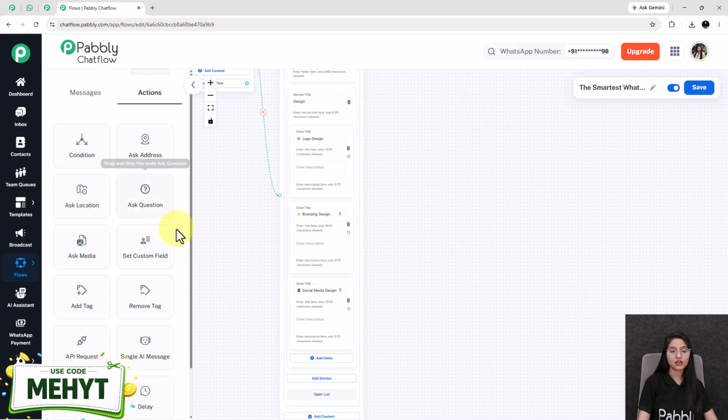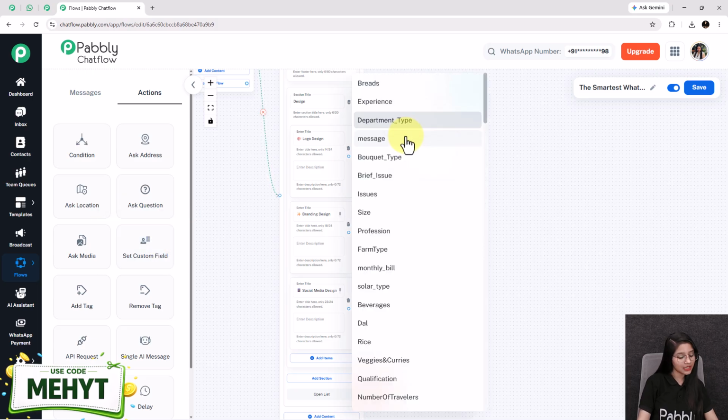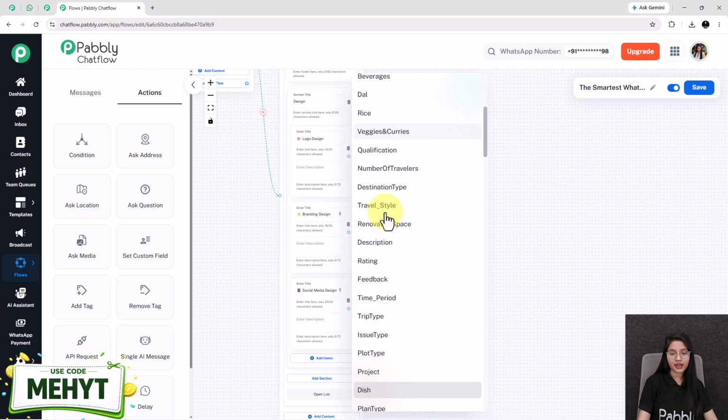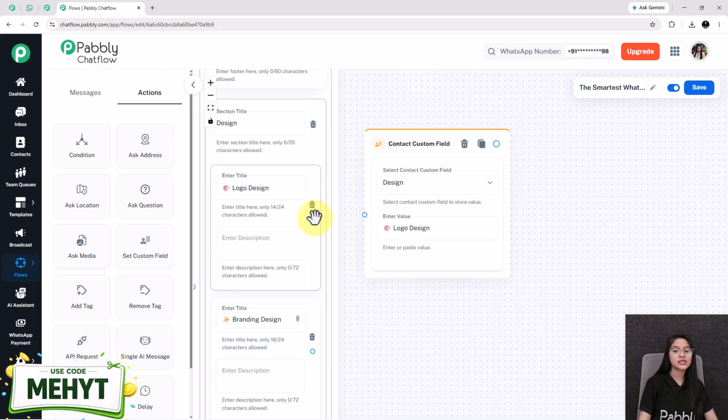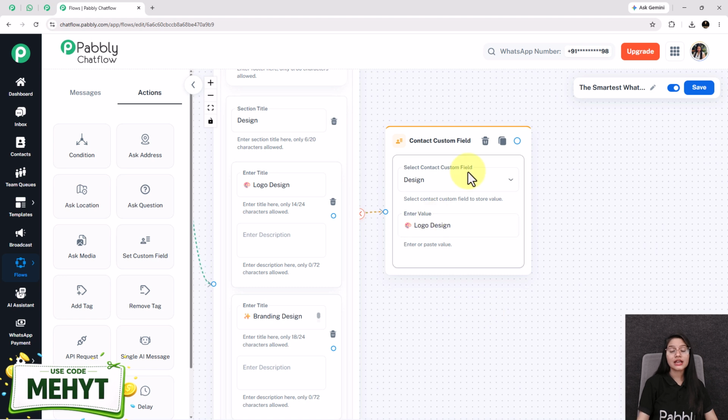So for that, I'm clicking on this actions option and adding a button, set custom field. After that, I'm selecting the contact custom field from here as design, and in this enter value box I'm going to enter this design because I set this contact custom field specifically for this design. Now what is a contact custom field? See, a contact custom field is a user-specific parameter for managing contact details like name, email, contact number, design type